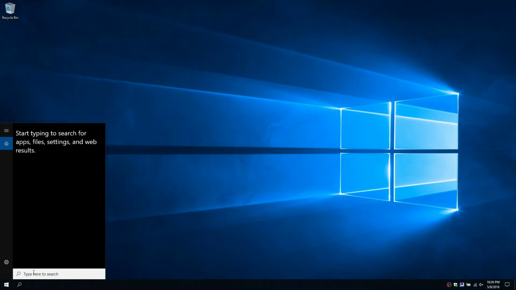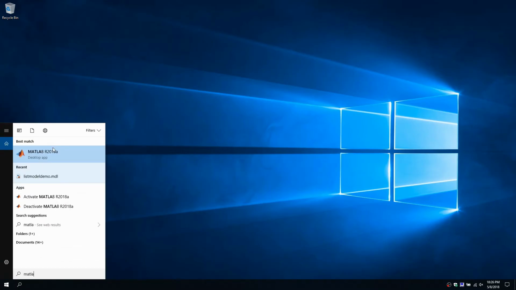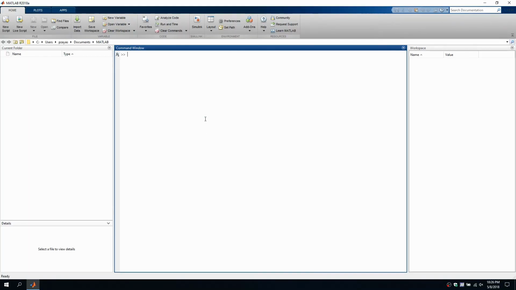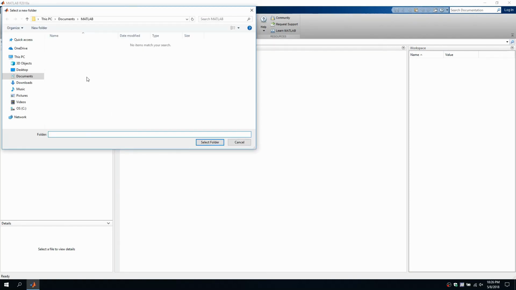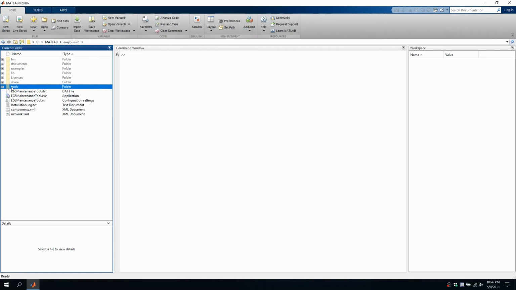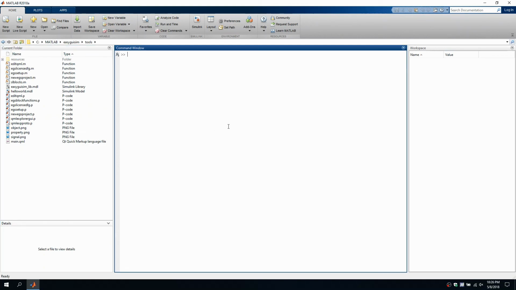Okay, next step is to run the setup inside MATLAB. So open up a MATLAB session. Browse or change directory to the installation directory, then go inside the tools directory. From there, you will run the EGS setup command. You should see a confirmation that the EGS directories were added to the MATLAB path. And that's it for now. Those are the tools that we need.